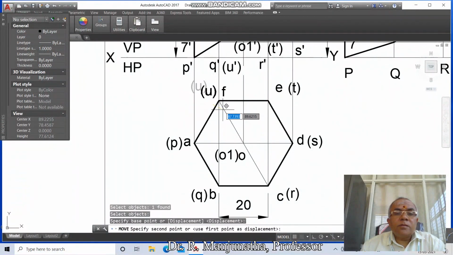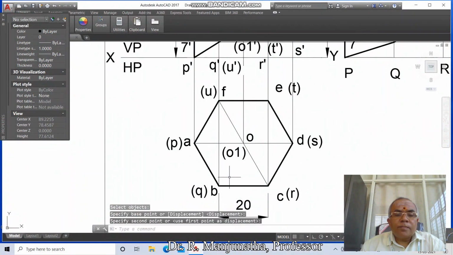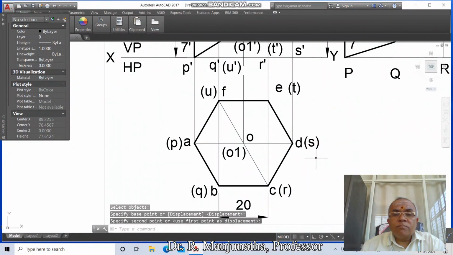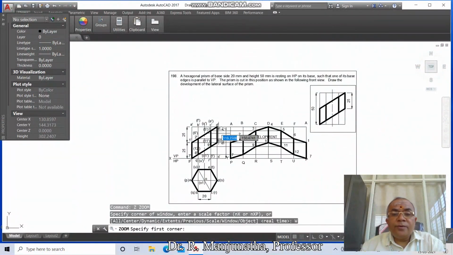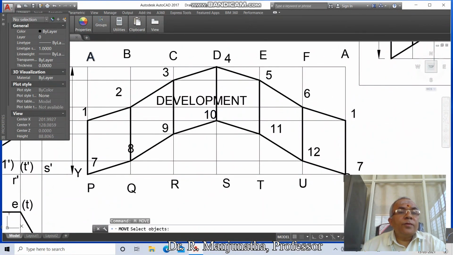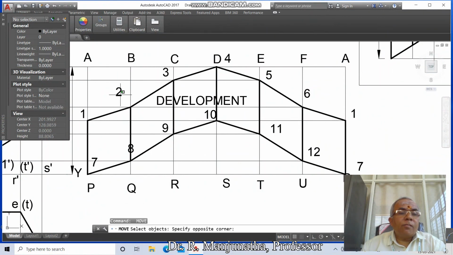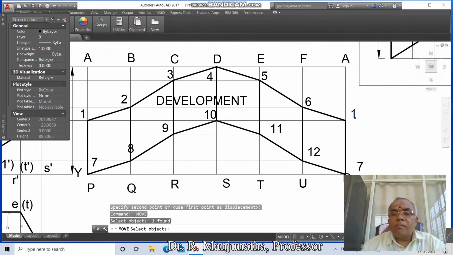then U, then O, then O1, then B, then Q, then C, then R, then D, then S, then E, then T. Similarly zoom previous, here come down to zoom window, you select this, then go to move, you take A, B, C, D, E, F, then A, then 1, then 2, then 3, then 4, then 5, then 6, then 1, then 7,